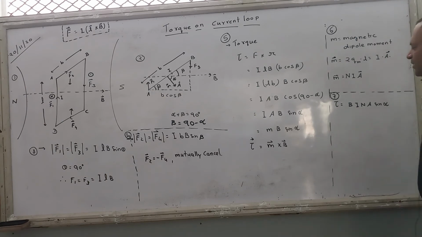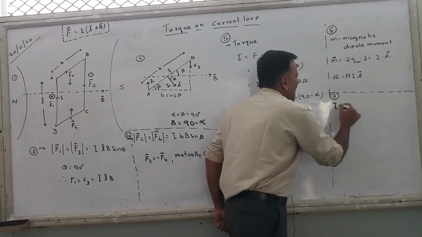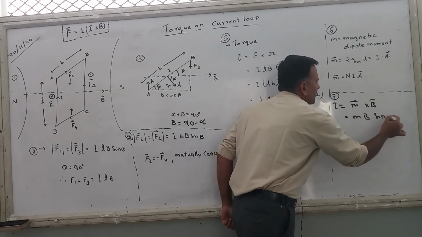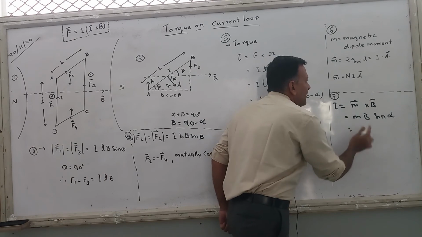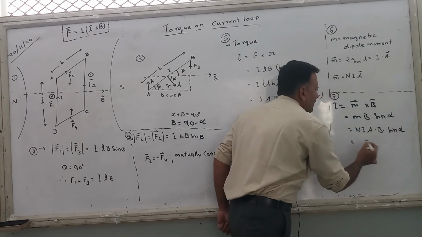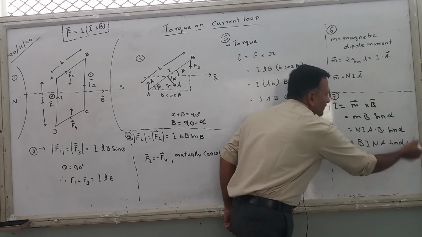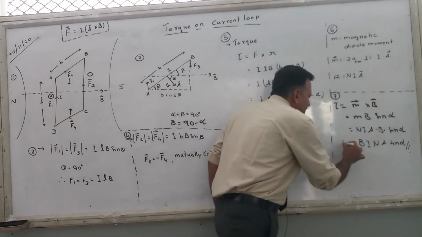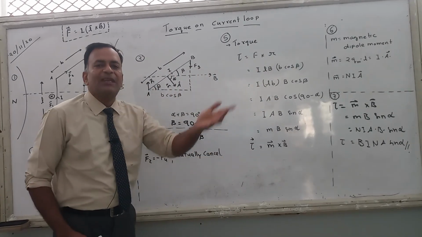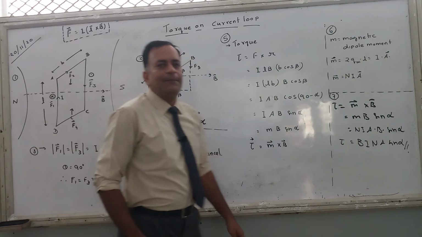ठीक है ना, अभी ये कैसा आया? Tau is equal to बीना sin alpha. ऐसा आया. Basically see, tau is equal to M cross B, which is MB sin alpha. What is M? M is equal to n into I into A. So we can write it in simple words, B I N A sin alpha. ठीक है, याद रखने में easy होगा. There is a nice girl known as बीना. तो बीना आपको आके क्या बोलती है? बीना आपको आके बोलती है torque की value. अपना नाम डाल देती है उसमें. तो tau is equal to बीना sin alpha.